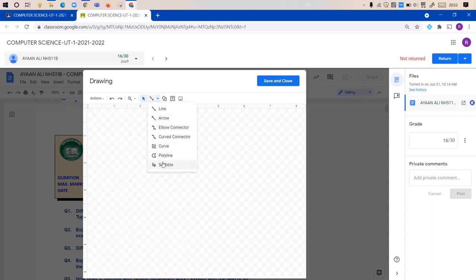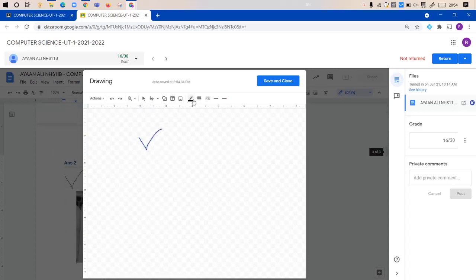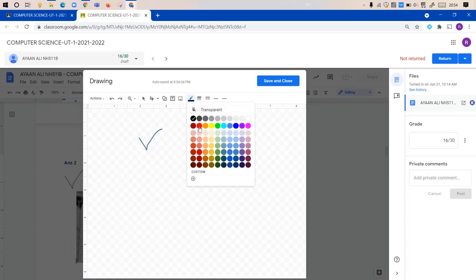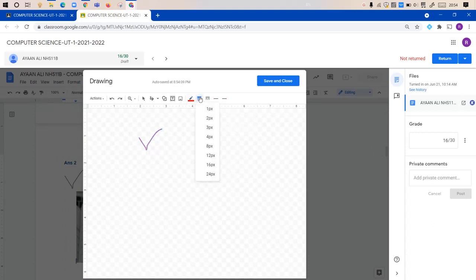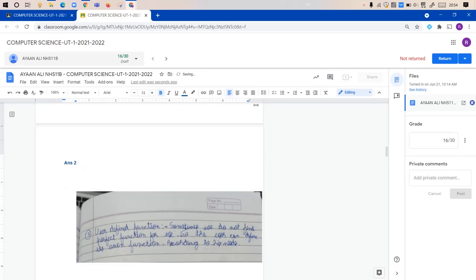Click on this select line section, select this scribble option, click on this scribble option and draw a tick mark. Click on this pencil tool, change the color, click on this thickness tool, change the thickness of the tick mark. So I'll make it 4. So now the tick mark is done, click on save and close.